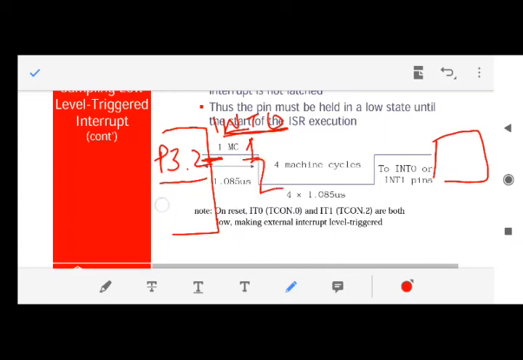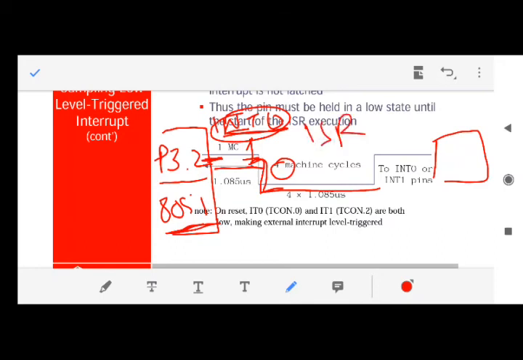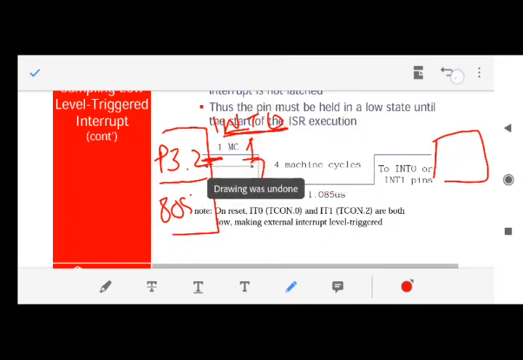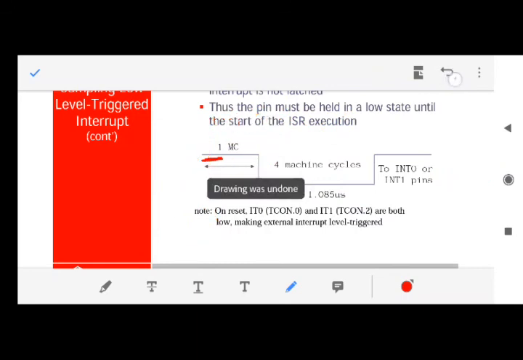But 8051 will not consider it as an interrupt until it remains 0 for at least 4 machine cycles. Fine. So if it remains 0 for 4 machine cycles, then 8051 knows that interrupt 0 has occurred, and whatever interrupt service routine needs to be done, it will do. So this is how level type interrupt occurs.